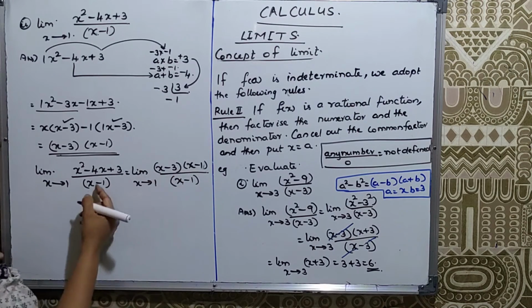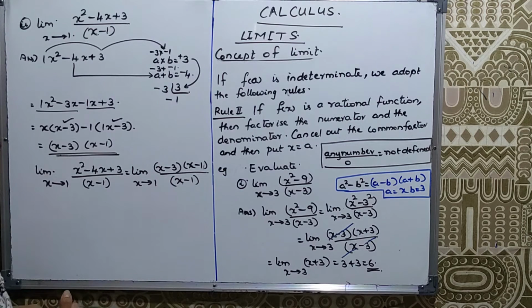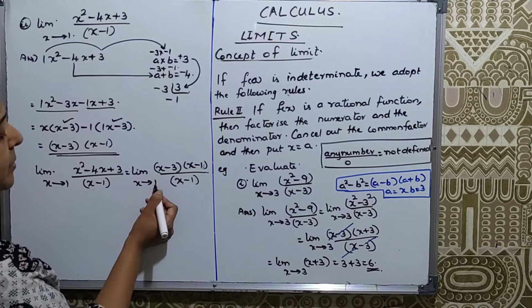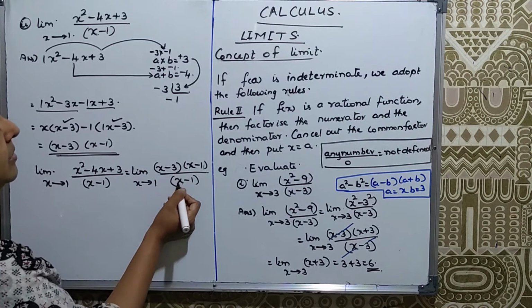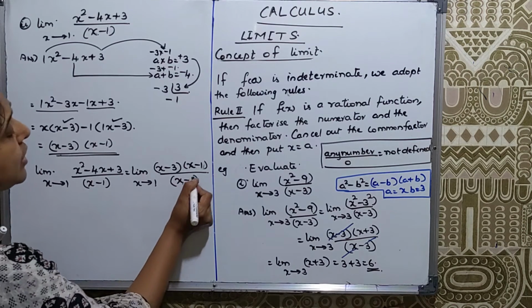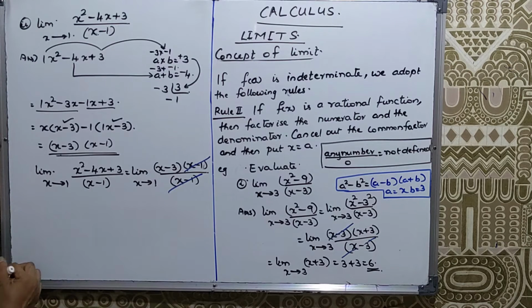Why are we doing the splitting of the middle term? For cancelling the numerator and denominator, so that when you substitute the value of x as 1, at that time there should not be any 0 in the denominator. So we'll write now x minus 1 in the numerator and in the denominator will be cancelled. So it will be equal to